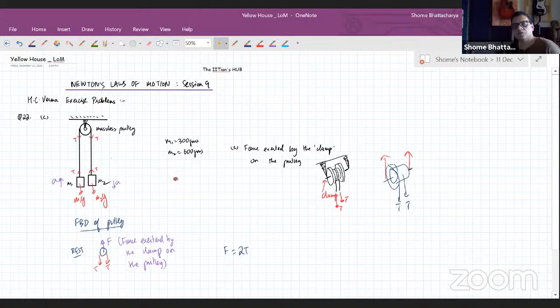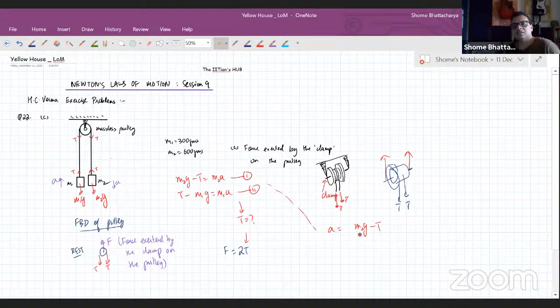Okay, so you have M2G minus T is equal to M2A. You have T minus M1G is equal to M1A. From this you find out how much the tension is, and then you substitute that here. So if you solve these two equations, you can see that